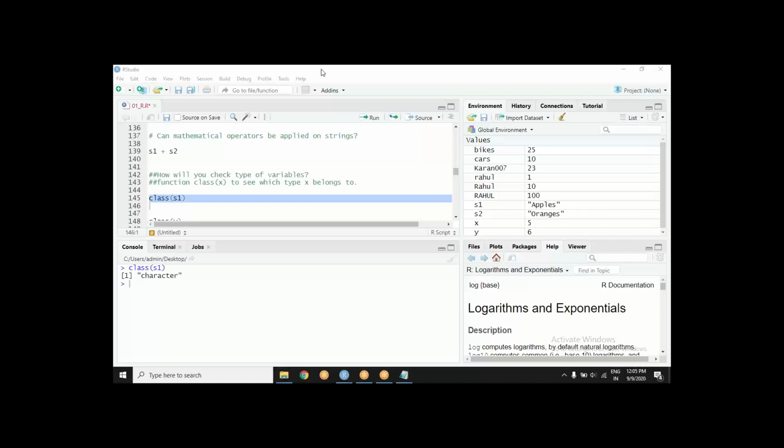Right? You got it? What is it telling me?